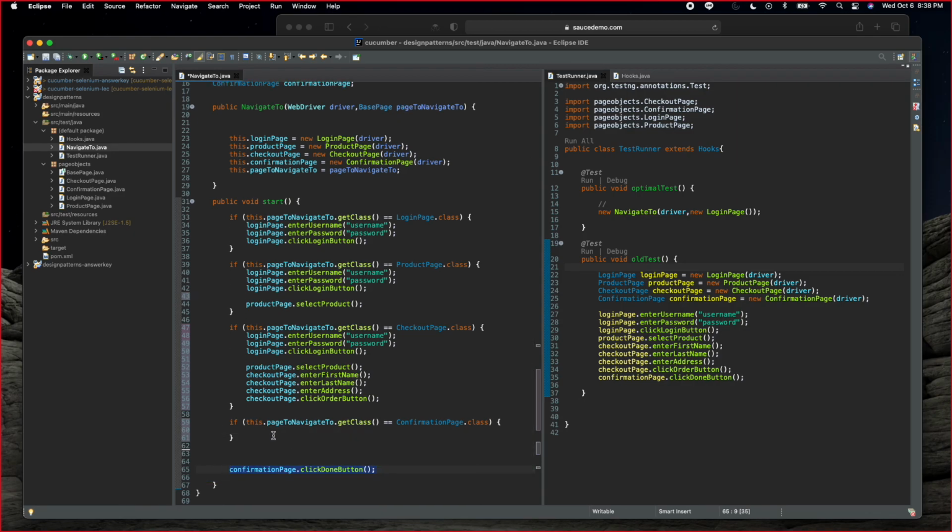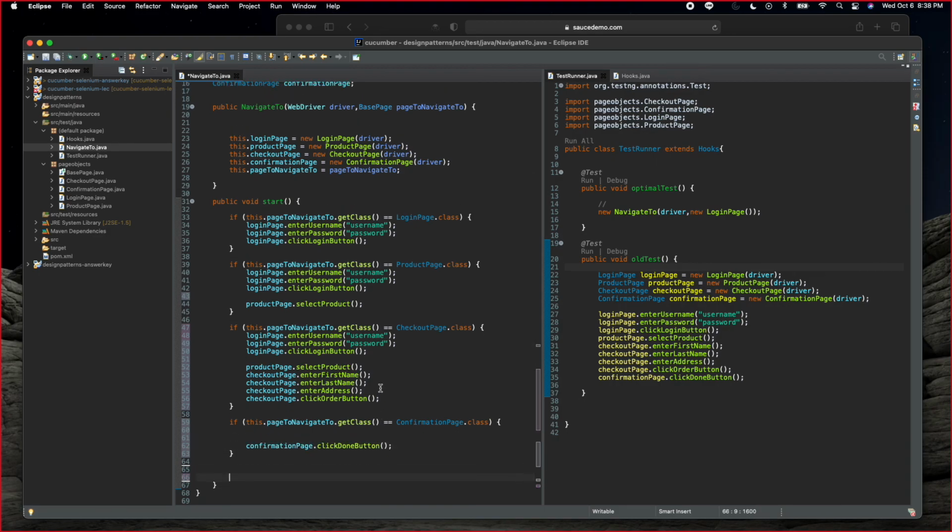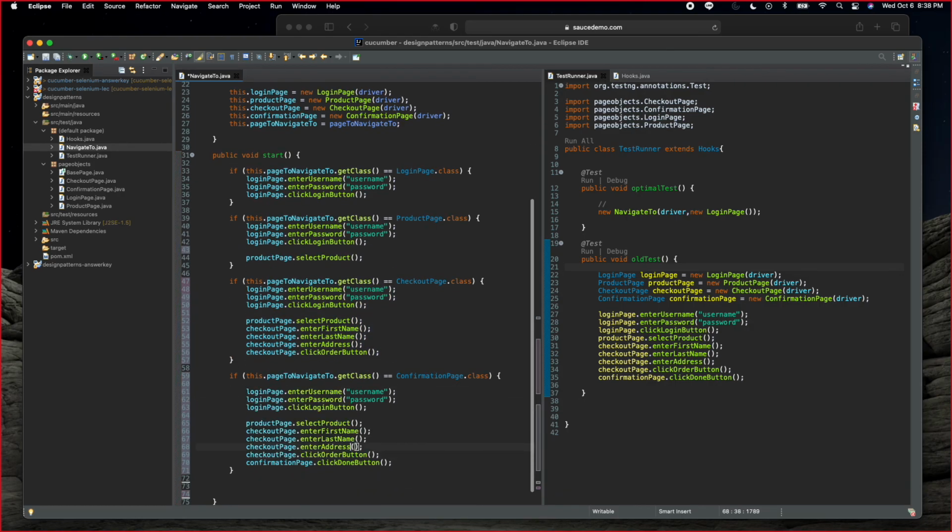Why not save yourself some lines? For the first one that says for login page, why not just not have an if statement at all? You could do that, but you could always, like I said, I'm not trying to